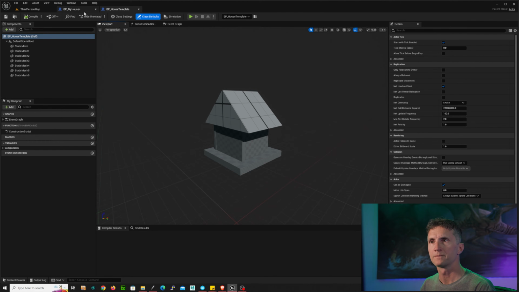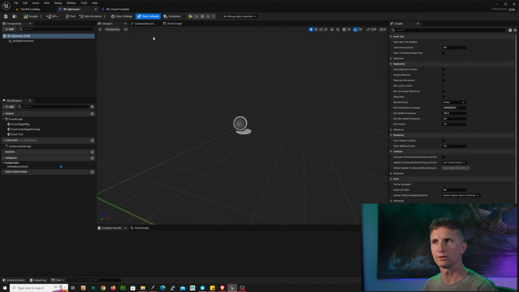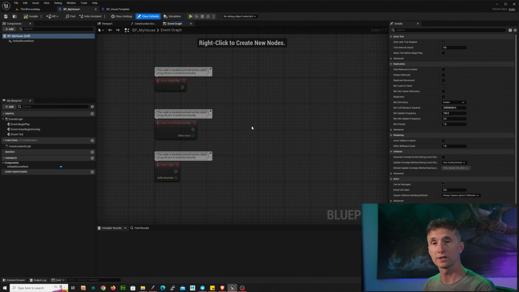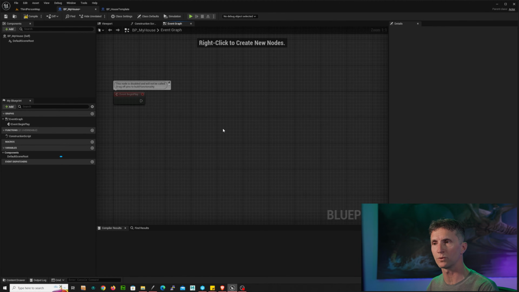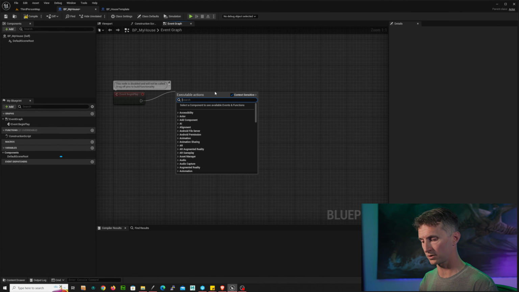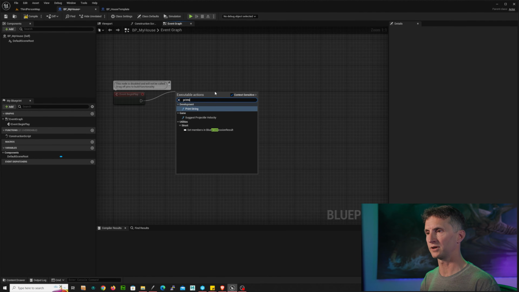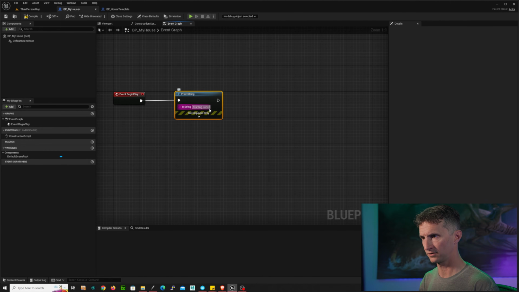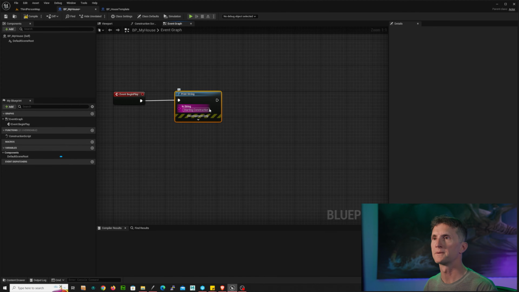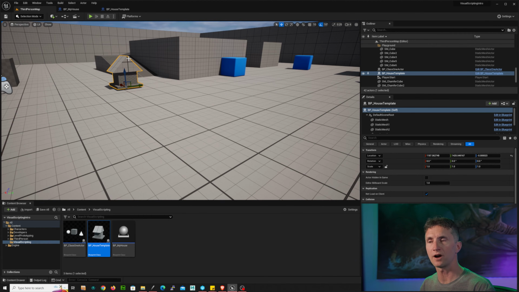So let's do that. Back in my house, I'm going to go to our event graph. I am going to clean up the event graph. We don't need anything else right now. We're just going to use begin play like we've been using before. And sometimes if I'm worried about whether or not my script's actually running, I'll put a print string in here. So let's just, for posterity, print string. Let's print string starting construction. Okay, so if we compile and save this and we go back to our level,